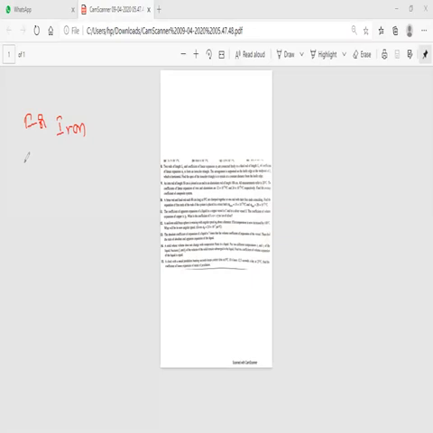Okay, according to this, the final length L2 is equal to, what is the general formula for L2? L1 into 1 plus alpha delta theta. So this is equal to L1 for iron, given 50 centimeters, and 1 plus alpha given for iron, that is 12 into 10 power minus 6 into 80. So now this will be 50 into 1 plus, so 12 into 80 will be 960.